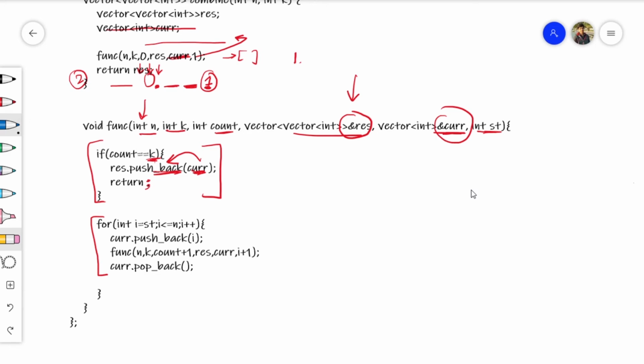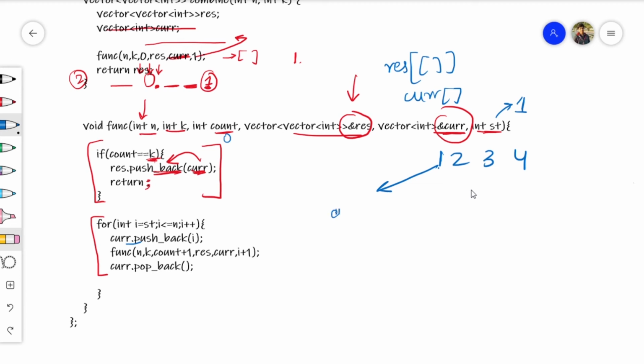So I'll explain again what is going on here. Example 1 2 3 4 was our case. Initially the count value was 0, so it will not go into any of the push. The resultant is empty now, and our current is also empty. When we go for 1, it will start from st. Initially st was 1, so it will start from st, then push that into current.